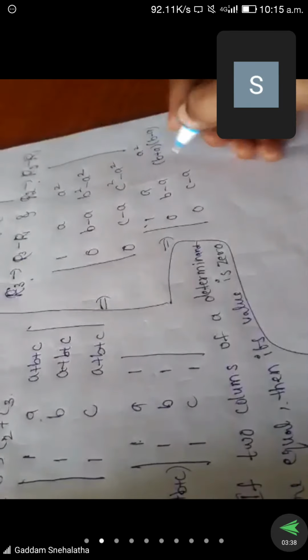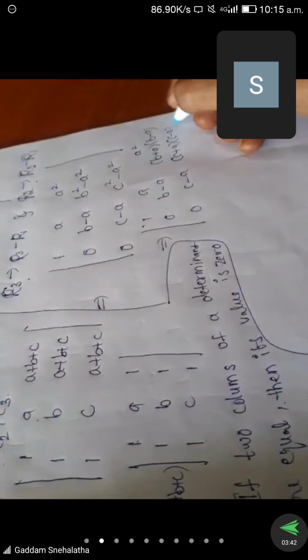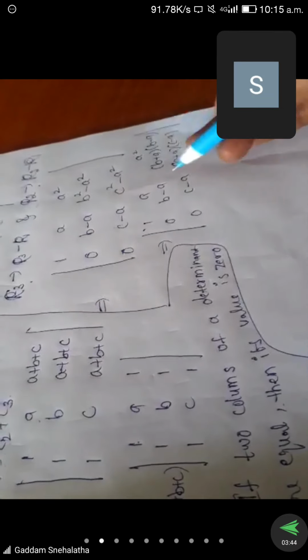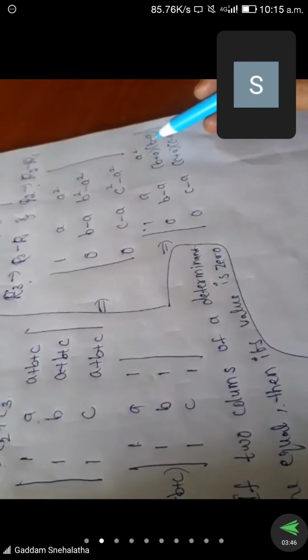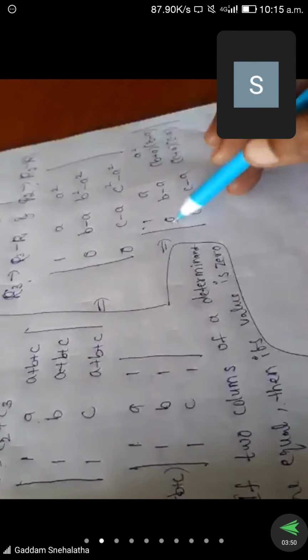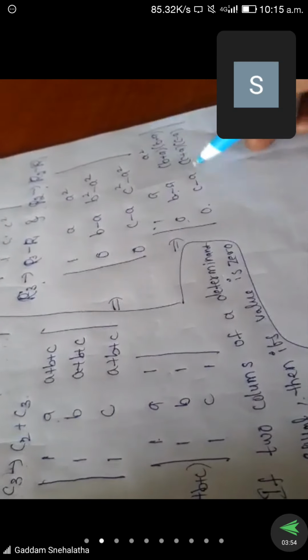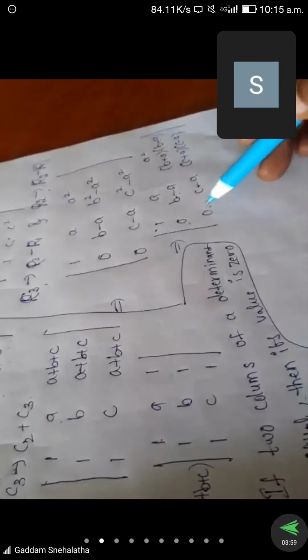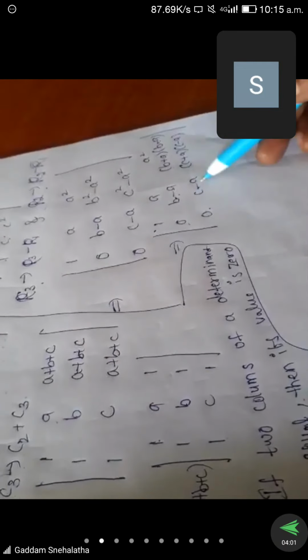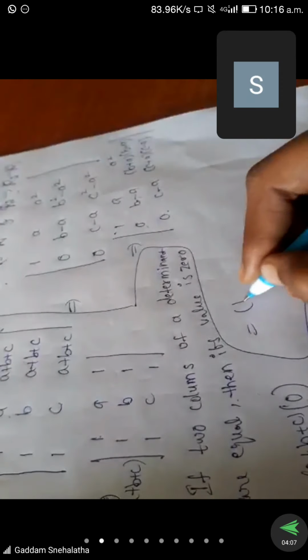C square minus a square is c plus a into c minus a. So here in this I have b minus a common. B minus a in these two terms, I have this term is 0, so in this total row I can take common as b minus a. Next in this row here I have c minus a, here I have c minus a, it is 0, so in this total row I can take common c minus a. So totally we can get the common as b minus a, c minus a.